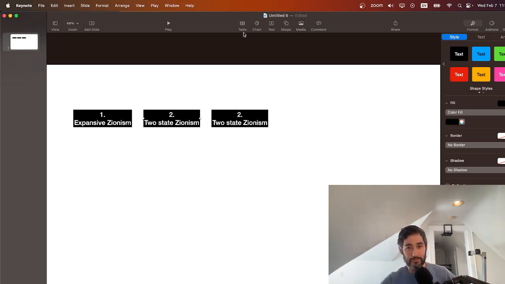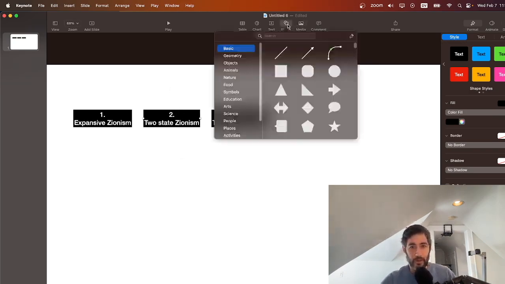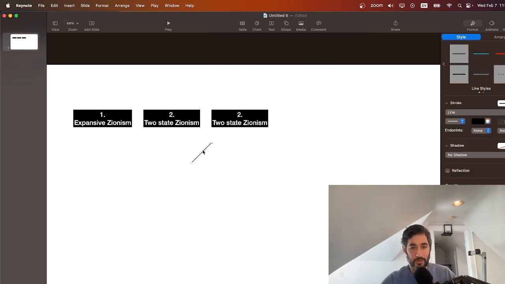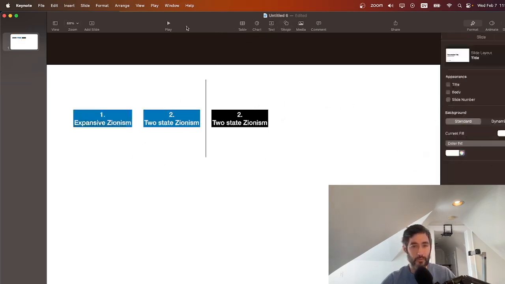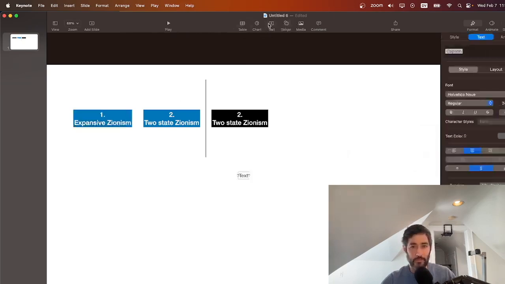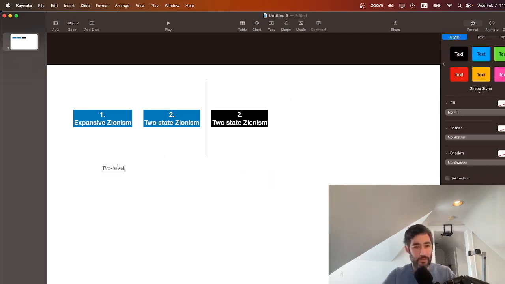Now, all this is on one side of a divide here, right? All this belongs on one side of this divide. Maybe we'll change these colors to blue. Okay, this is the Zionist side, right? So over here, this is the pro-Israel side. You can be pro-Israel if you hold either of these 2 views. Okay, this is the pro-Israel side of things.